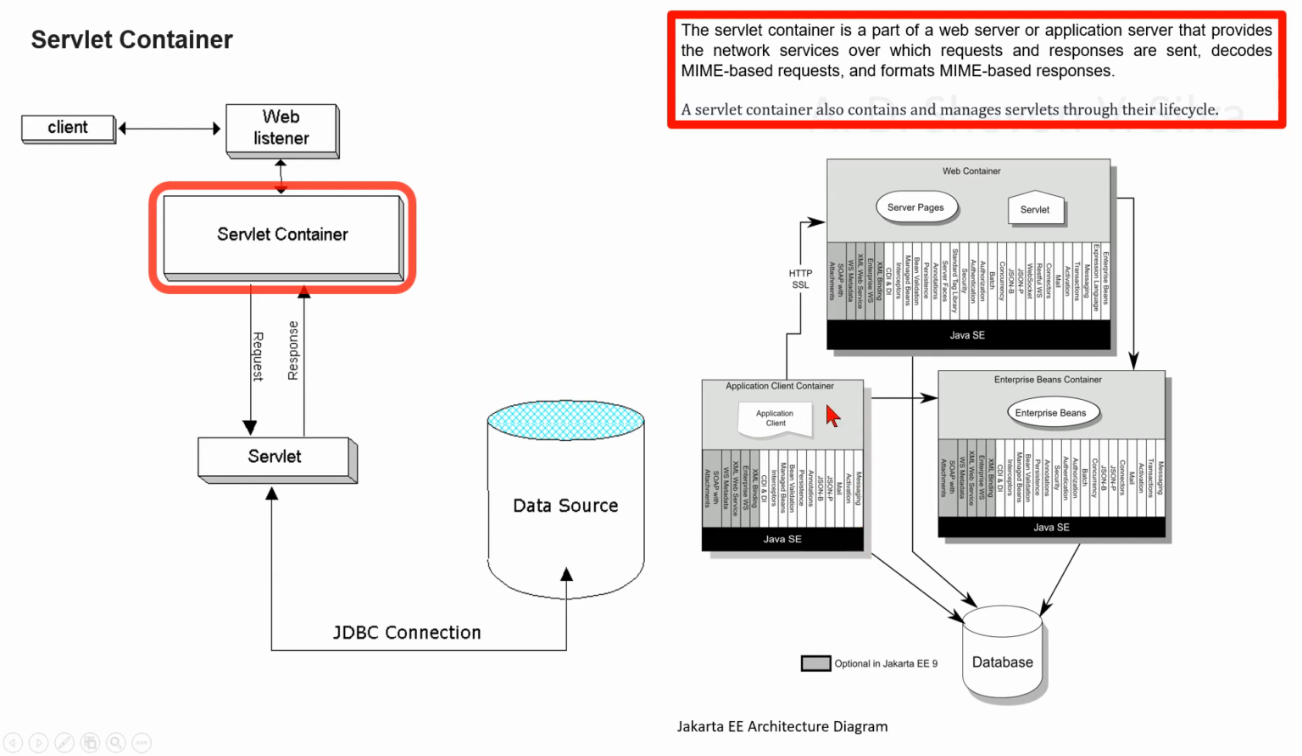The application client container is connected to the web container. HTTP and SSL are passed from the application client container to the web container. Server pages and servlets are inside the web container. You can see the services here: enterprise beans, expression language, messaging, transactions, activations, mail, connectors, RESTful WS, WebSocket, JSON-P, JSON-B, concurrency, batch, authentication,